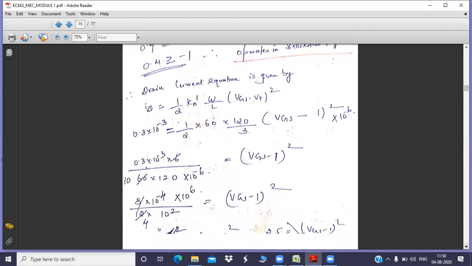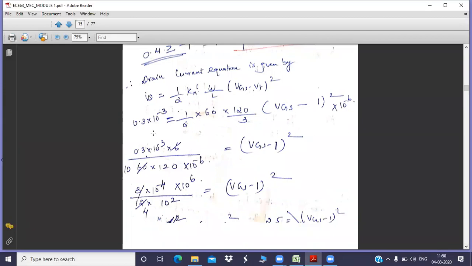Here I have shown the steps. So what you have to do is, see, 0.3 into 10 to the power minus 3 into this 2 into 3, 6, that you are taking to the numerator, inside, divided by the 60, this 120, this 10 to the power minus 6 you are going to take into the denominator. Now you cancel things, you can substitute in your calculator. All these things you can type in your calculator and you can solve for this value.